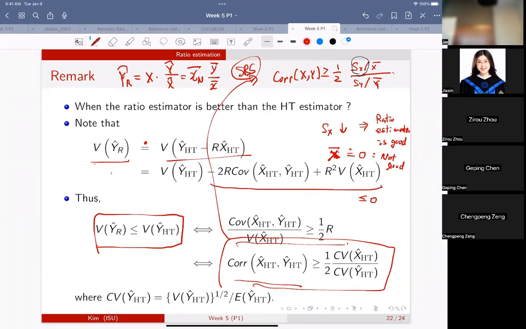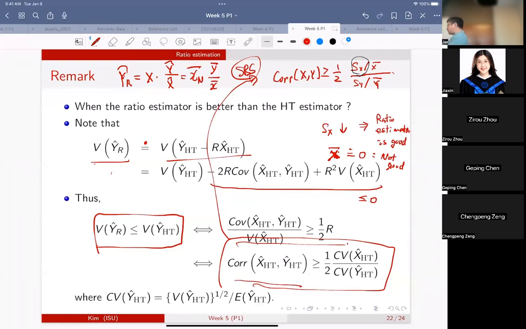If you have something very small in your denominator, it will create a lot of variation, right? So it's not a good idea to use that X to apply ratio estimation because you will actually make it worse. In that case, it's better just to use the Hurwitz-Thompson estimator than the ratio estimator